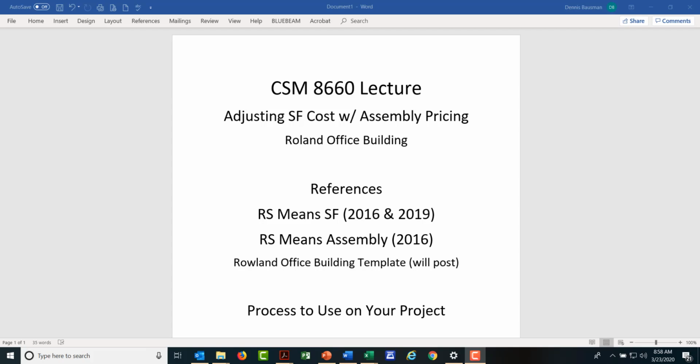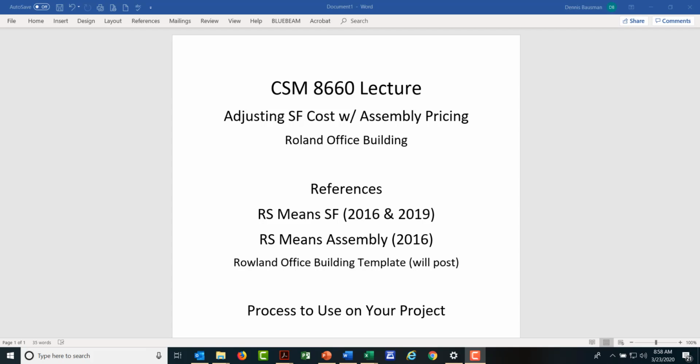When we go through a template, we're going to use Roland Office Building. It'll be an Excel template, and I'll post that at the end of this lecture. So if you want to take a look at that and see how I did it, that's great. If you want to use some of that template, you'll find that RS Means has consistency with their baseline and what they put in their baseline. So you may want to start with my template and then adjust it to suit